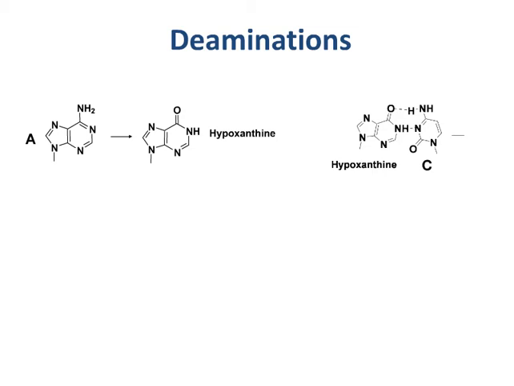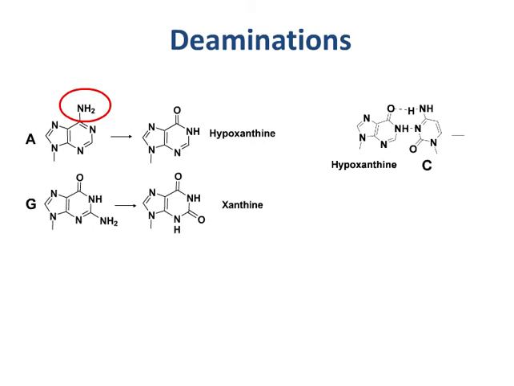Deaminations are potentially deleterious events since they change the base pairing properties of the affected base. For example, spontaneous deamination of adenine yields hypoxanthine. Hypoxanthine base pairs with cytosine, so further replication will convert the original AT base pairing to a GC base pairing in daughter cells. Spontaneous deamination of guanine will yield xanthine, potentially harmful because xanthine does not form stable base pairs